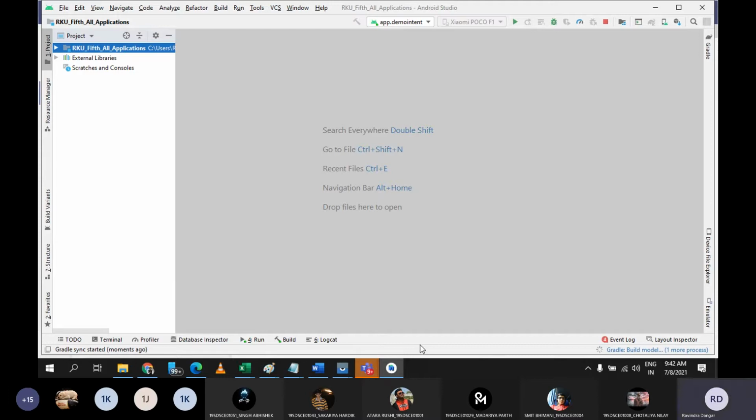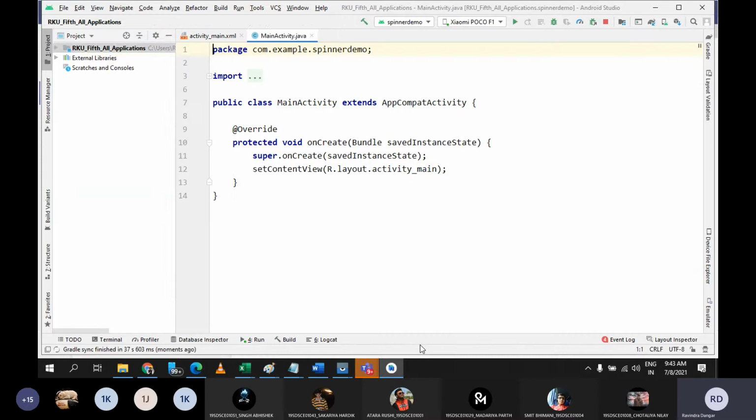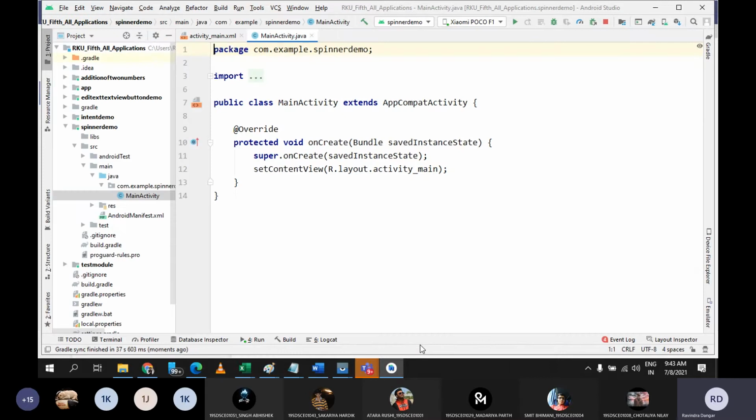And today we are going to discuss how you can use the string.xml file also to fetch the array. So we are trying to fetch the values from an array inside the spinner, but we can go with two approaches. Either you can declare a static array inside the Java file, or you can declare your array inside the string.xml file. So in today's session, I'm going to explain both the things, so that as per your need, you can declare an array either inside the Java file or inside the string.xml file.